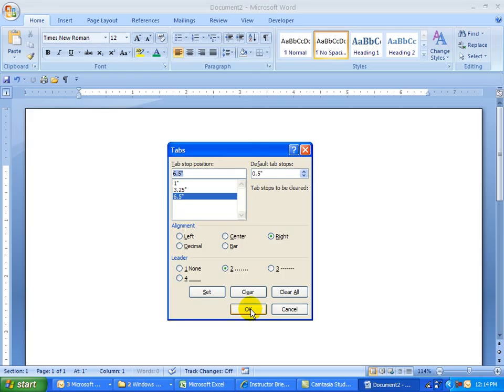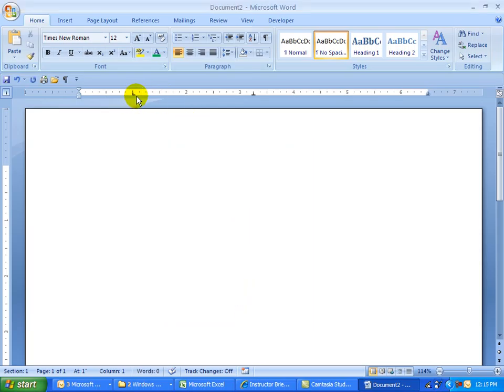Now when I click OK, watch the ruler bar, because I'm only going to have 3 tabs showing. Okay, so here's my left tab, here's my center tab, and here's my right tab. And at this point you can't tell that it's dot leaders or not until we actually tab. So I'm going to hit the tab key that advances me to the first tab. I'm going to type in my name. Now I'm going to tab, and that's where it goes to the center tab. I'm going to type in a middle name. Tab again, and my last name,